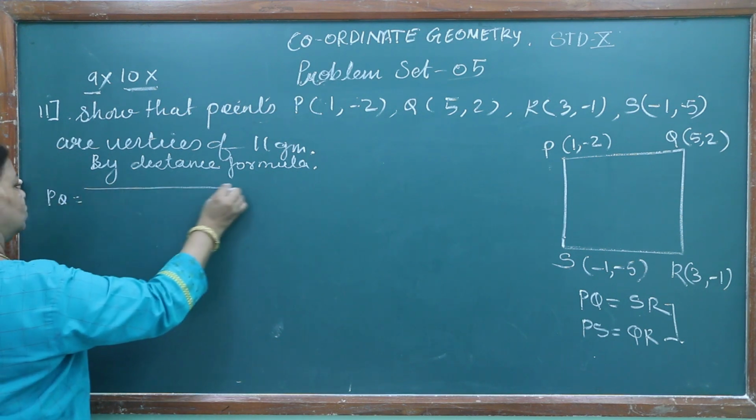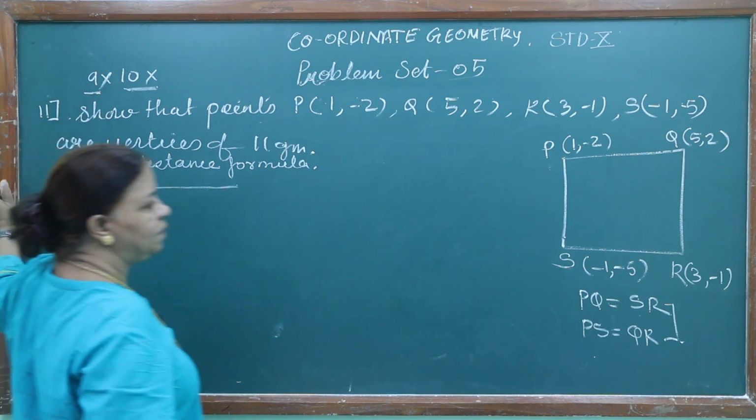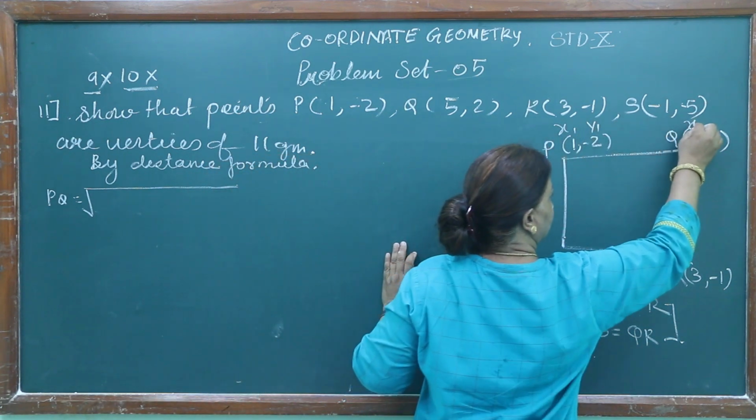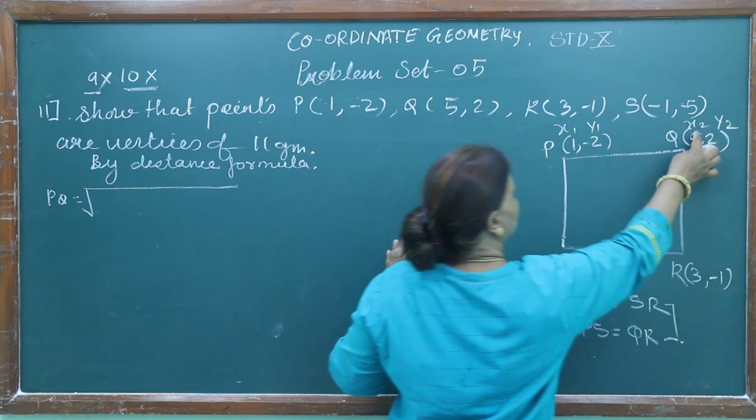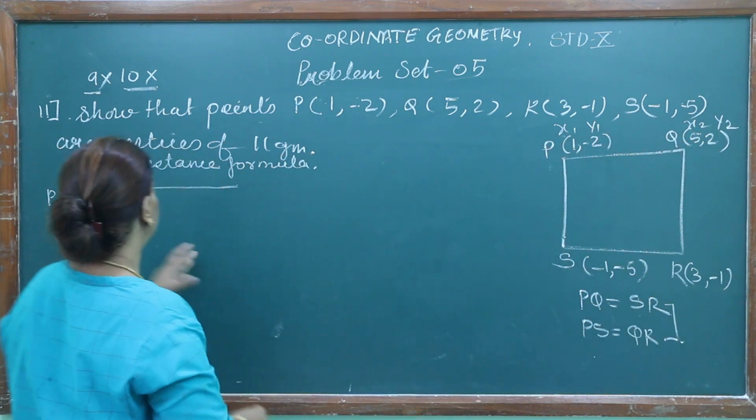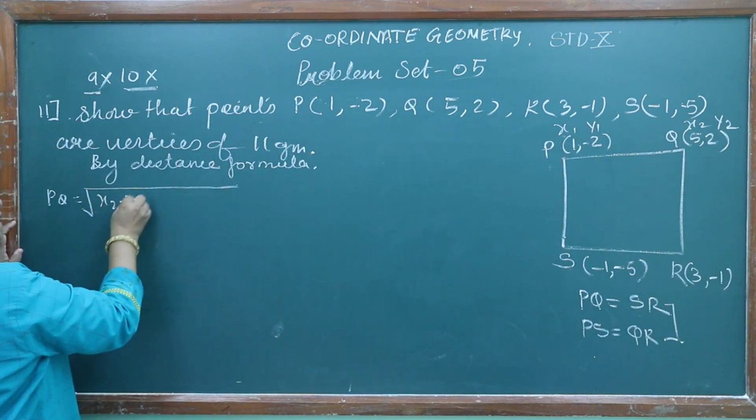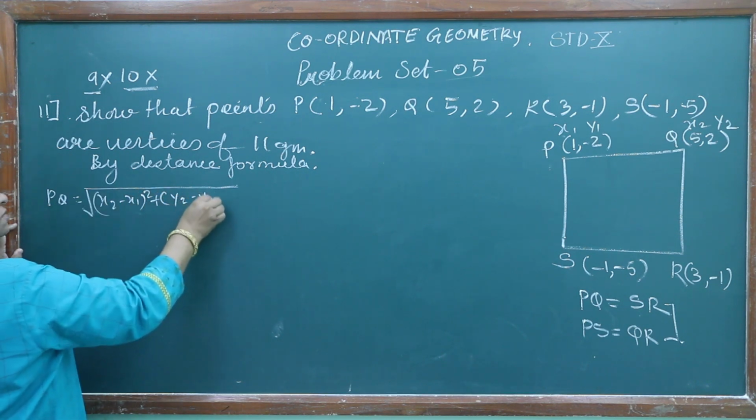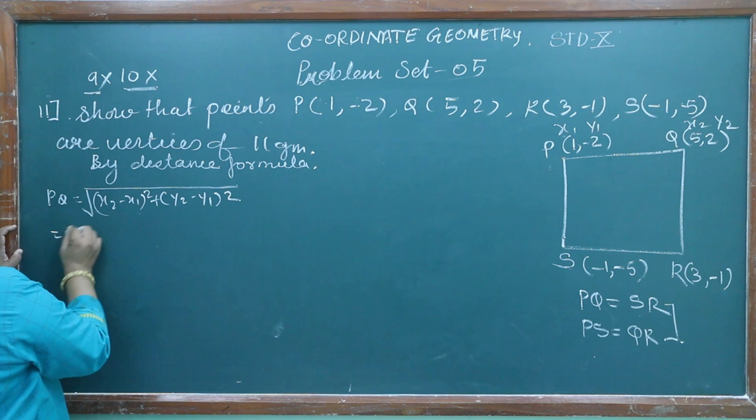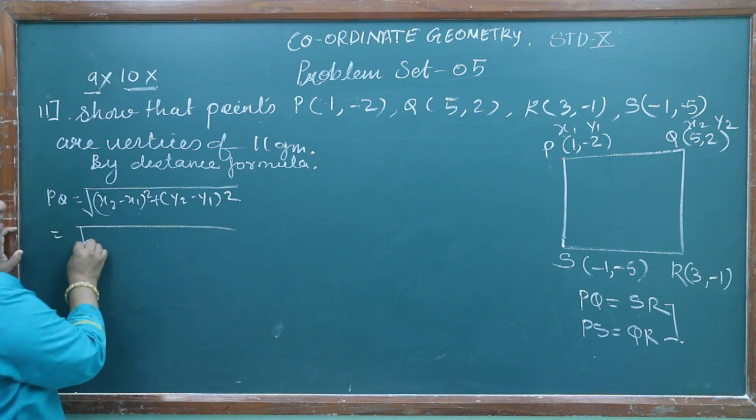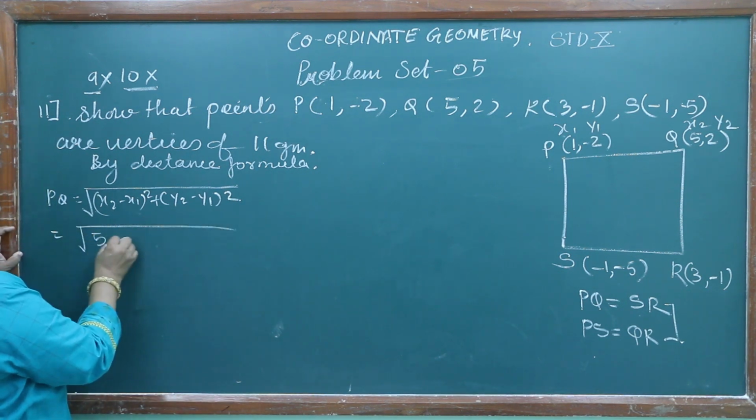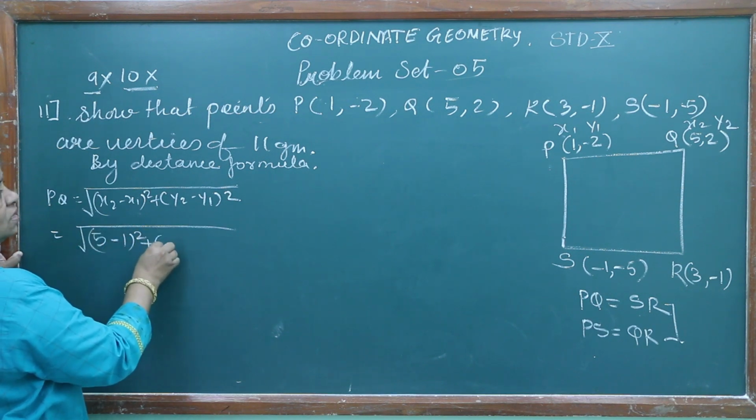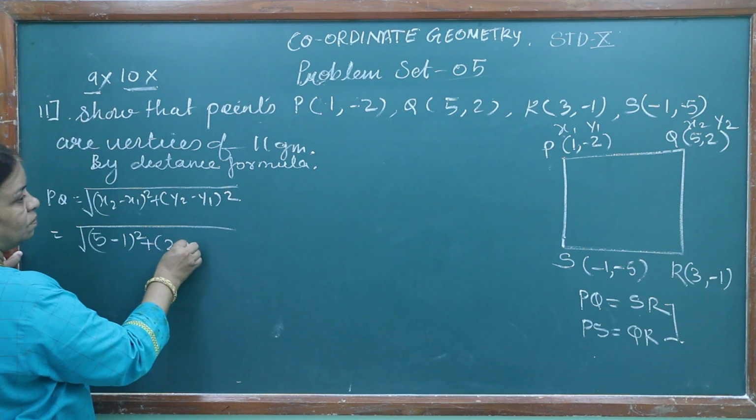PQ is equal to, let me name it as x1, y1, x2, y2. So what will come? The square root of x2 minus x1 the whole square plus y2 minus y1 the whole square. So what do we get? Placing the values, x2 is 5 minus x1 is 1, (5 minus 1) the whole square plus y2 is 2 minus